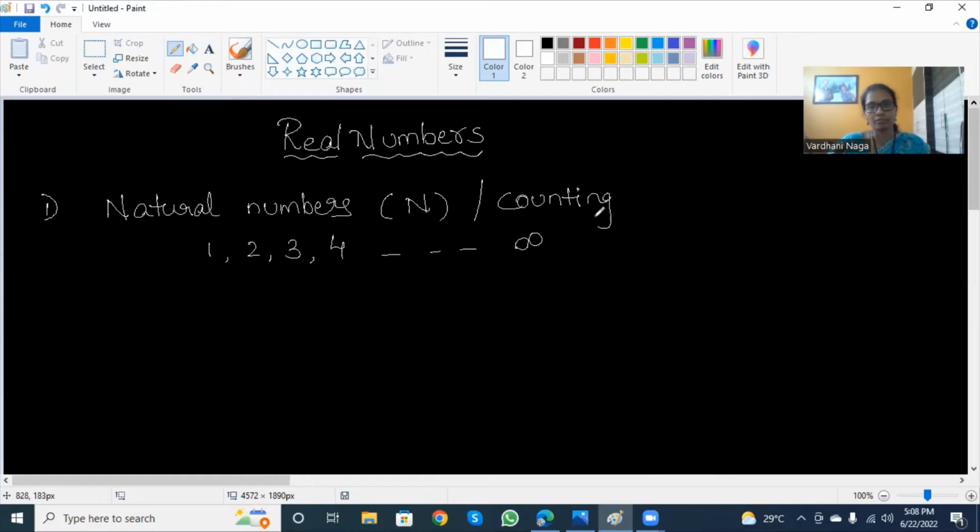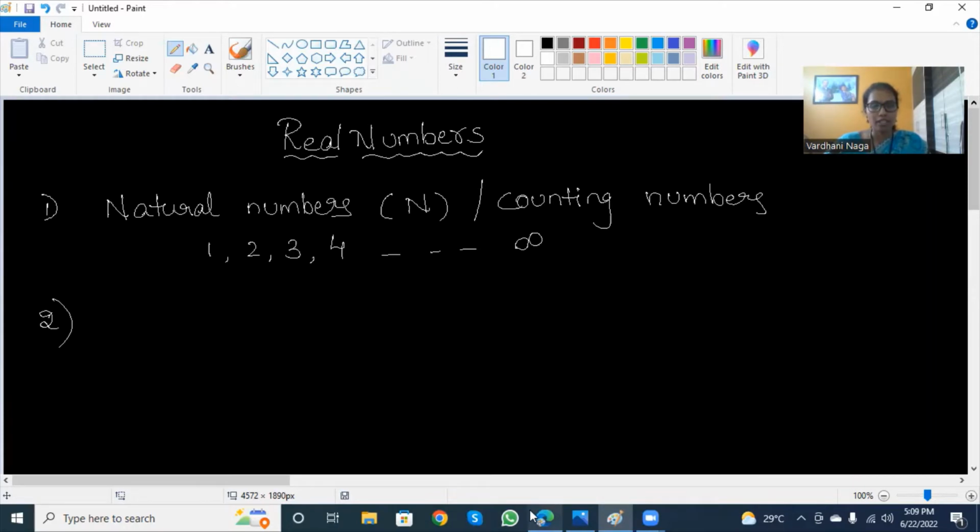Counting numbers. Why do we call them counting numbers? Because if I am given a set of things, where do we start counting from? Not from zero, right? We start counting from 1, 2, 3, 4, and so on. So that's the reason natural numbers are also called counting numbers. And the next one is,